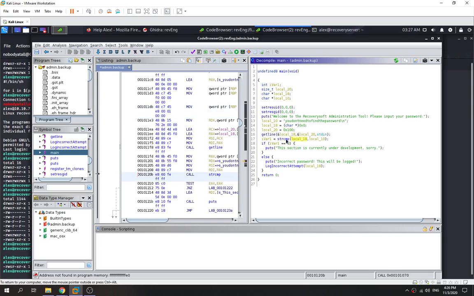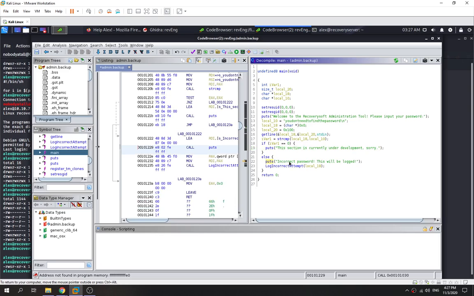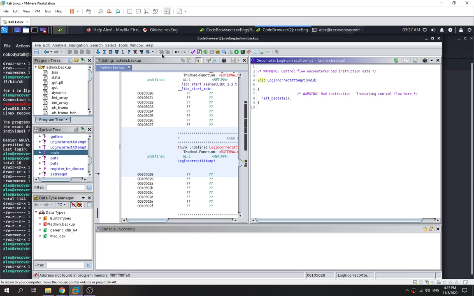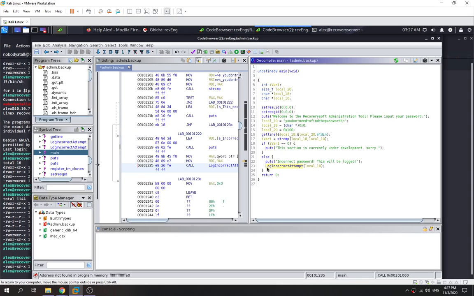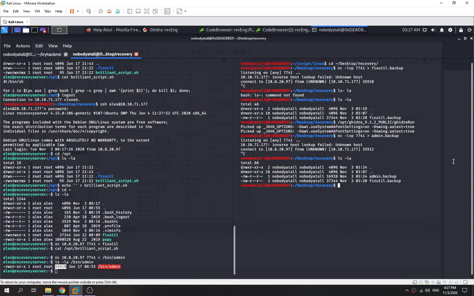So the input value will be placed over here, and it will perform a comparison with local 10, this variable, which is the password. If we get the correct password, it shows that the session is currently under development, so there's nothing much over there. But if we enter the wrong password, it will show incorrect password, log it, and execute this command. I need to go back here. The log incorrect attempt function will execute this one. So if you check over here, the string admin,